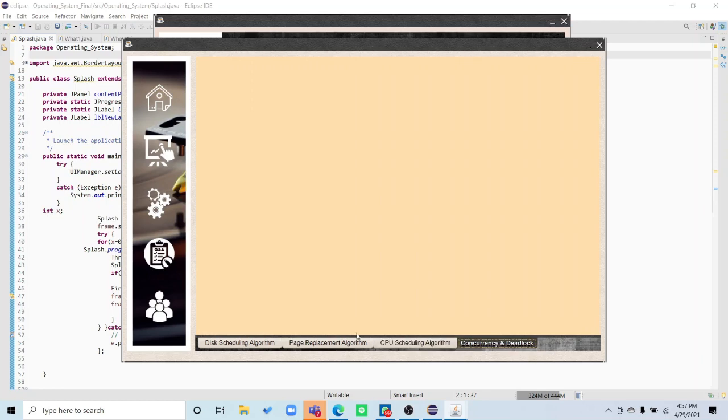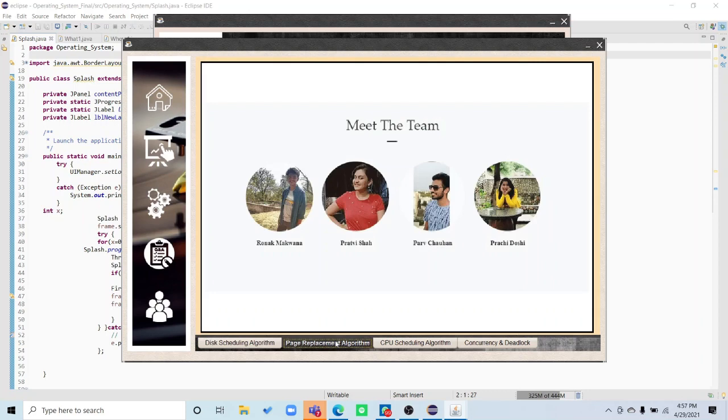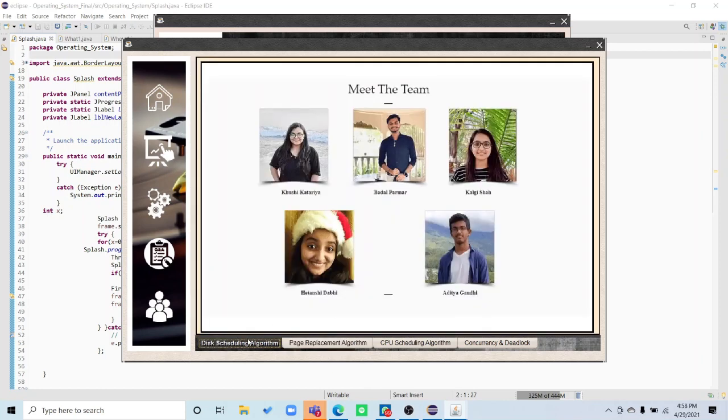Our project, disk scheduling, is made by Badal Parmar, Khushi Kataria, Kalgi Shah, Hitanshi Rabi, and Aditya Gandhi. You can find the source code of this project on GitHub. And we have also provided all the information regarding installation of libraries and external files in the description below.